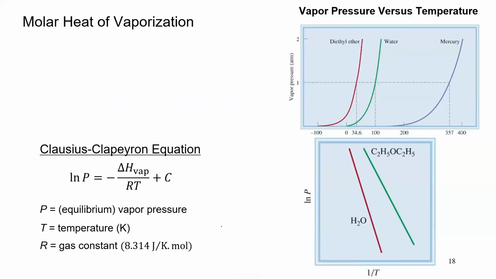Okay. So we talked a little bit about boiling point. We talked a little bit about equilibrium vapor pressure. Now we're going to talk about the molar heat of vaporization. This molar heat of vaporization, right, this is our delta H vap that we've been talking about. This is how much energy it takes to go from a liquid to the gas. Right? And so, of course, because we're talking about molar heat of vaporization, this is the energy